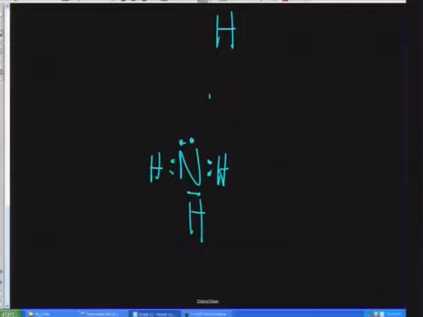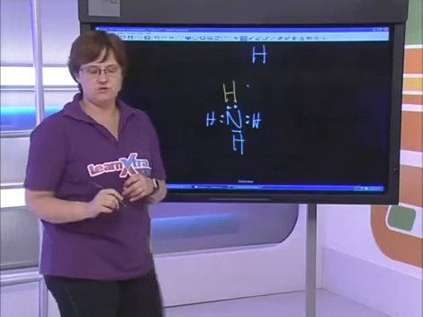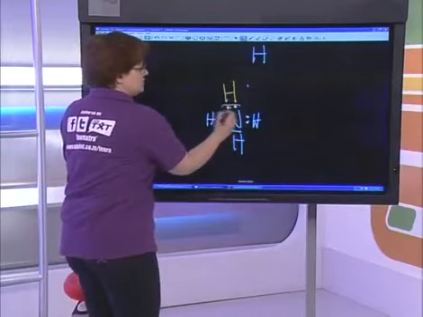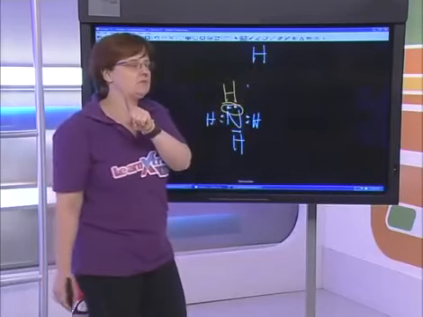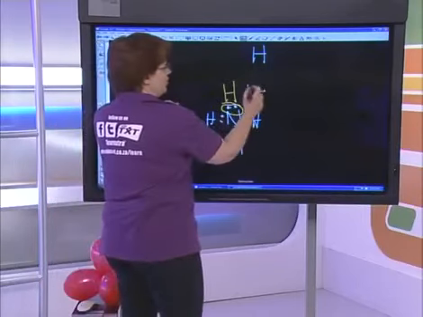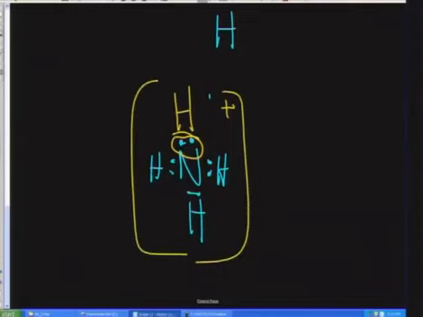And along comes this extra hydrogen and attaches itself to the top. But this hydrogen contributed nothing to this shared pair. Nothing. So it's not a true shared pair of electrons, because it's not a case of both contributing, which is what normally happens. Only one atom contributed,